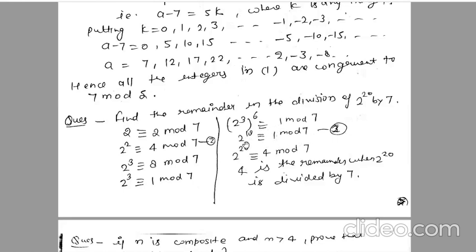Now for 2 to the power 20, you will add 2 times of 2 square here. So 2 to the power 18 into 2 to the power 2 is congruent to 2 square, 4 modulo 7. So 2 to the power 18 plus 2, that will be your 20, is congruent to 2 square, which means 4 modulo 7. So the last value is 4 here. So 4 is the remainder when 2 to the power 20 is divided by 7, right?